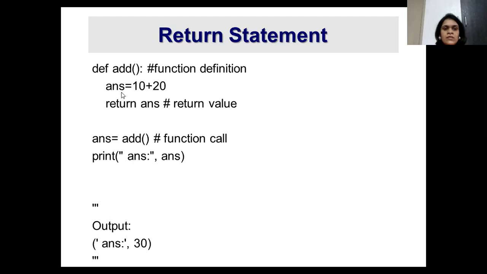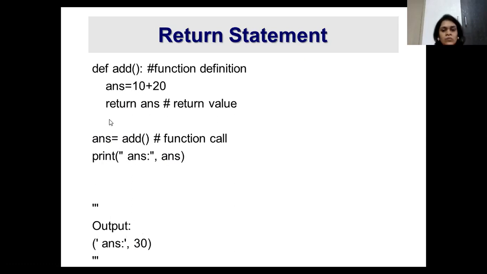Whenever you are using a return statement, you need to make changes to the function call. The function call must appear like this: variable name equal to add. So add will be executed and whatever value it is returning will be saved in this variable. So here answer will represent 30 and then you can print the answer. It will not give you an error.